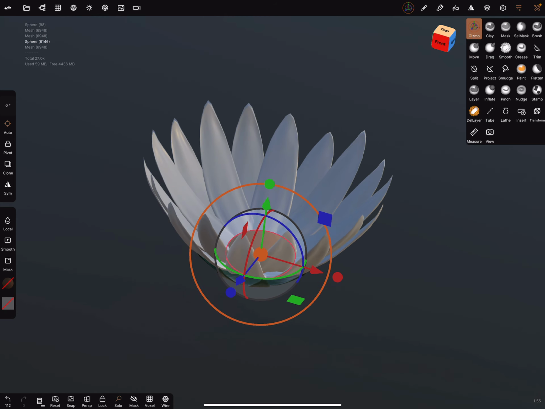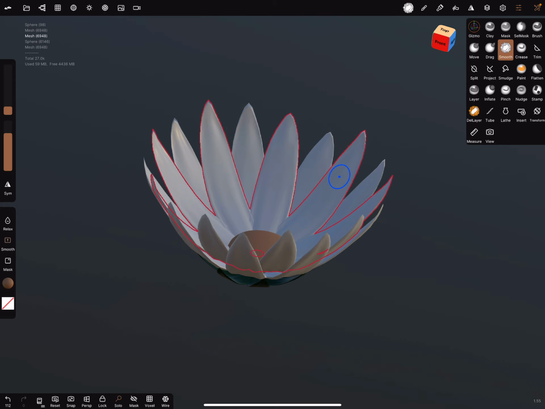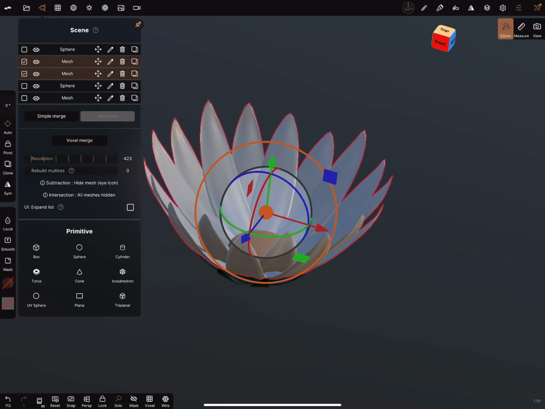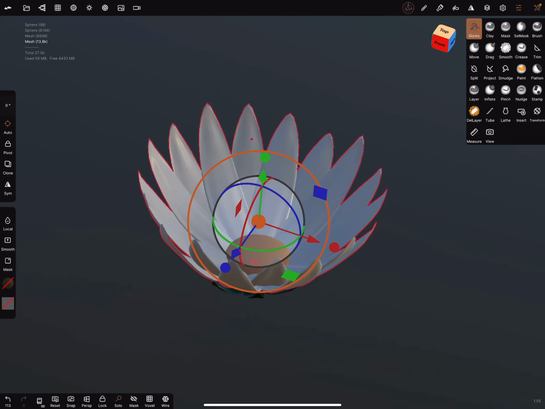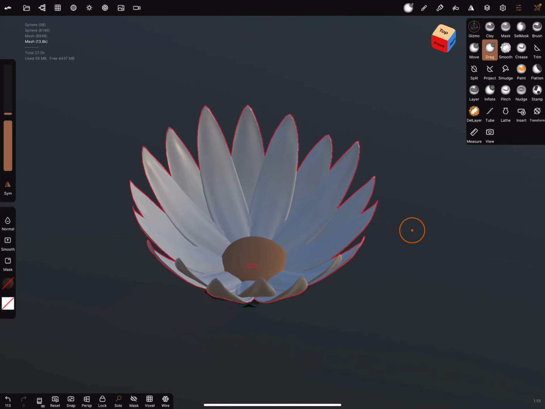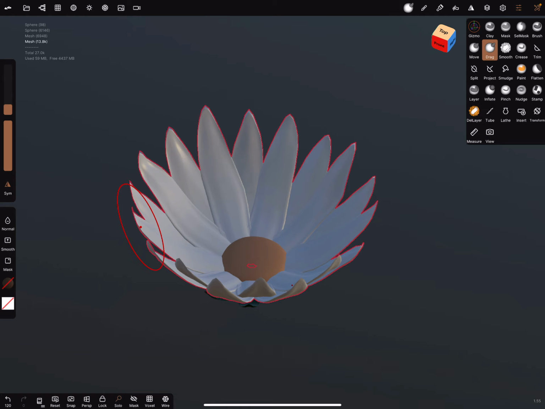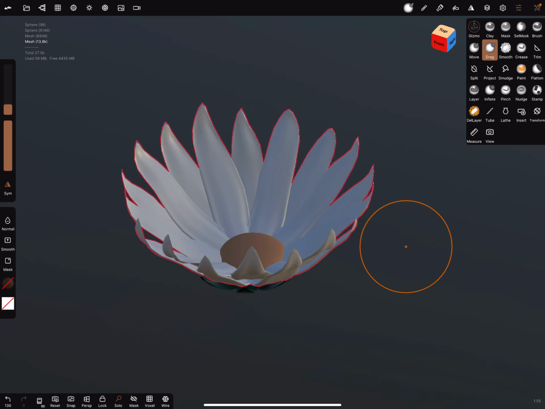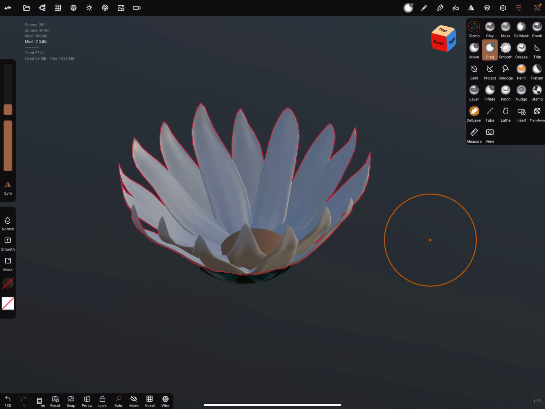It's also possible when you select these meshes and simply merge them. And now you can use the drag brush and adjust it. It's not so symmetrical when you brush a little bit, and you can sculpt also.